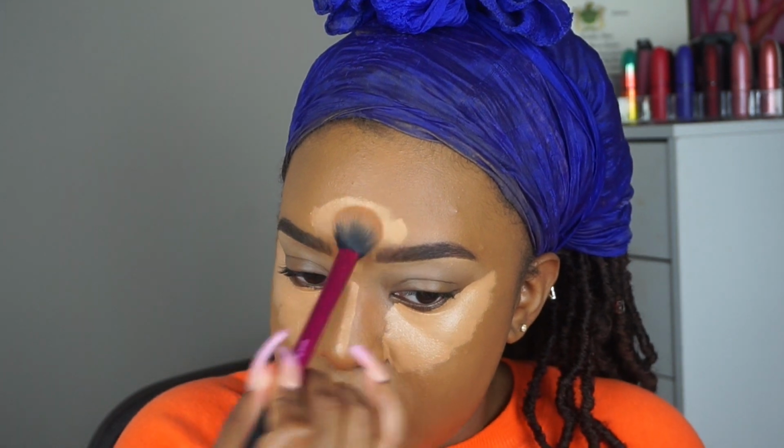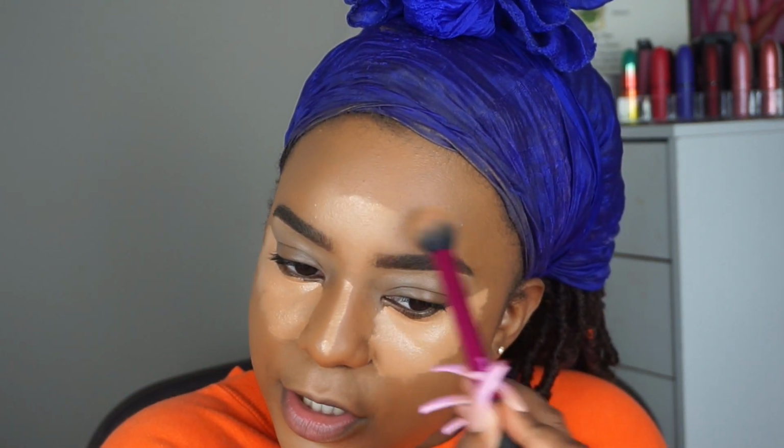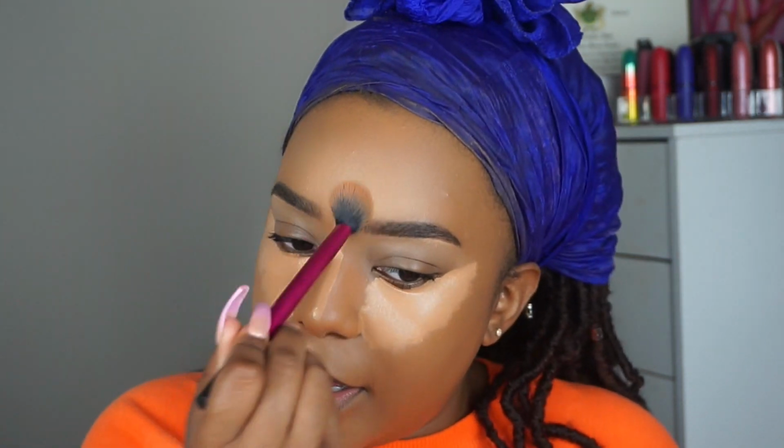I will say the color range in this is a lot better than the Tarte Shape Tape. I feel like the Tarte Shape Tape is just really pinky and cool tone. There's not enough gradient in the concealer and the undertones are completely off. I don't know, that's just me. But with their new addition, that Tan Sand, oh no, Tan Sand Deep, I feel